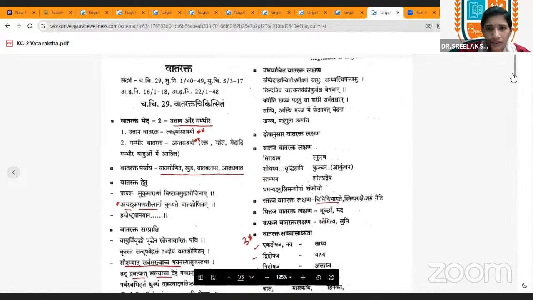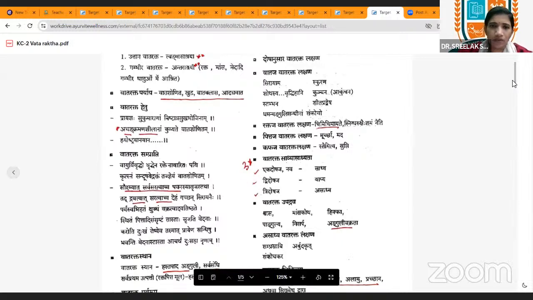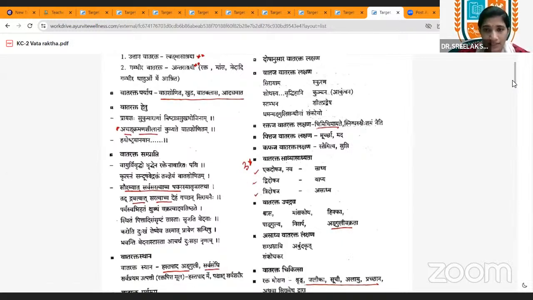Then coming to the next part, that is Vatarakta Sadhya Asadhyata. Before moving to that point, one more point I have to add: Chimichimayana is a symptom of Raktaja Vatarakta. And also, if treatments like Snigdha and Ruksha Prayoga do not cure this Vatarakta, then we get an idea that it is of Raktaja type, that is Snigdha Rukshair Shamam Neti. Raktaja Vatarakta. So mainly you have to study the Vatarakta symptoms here.